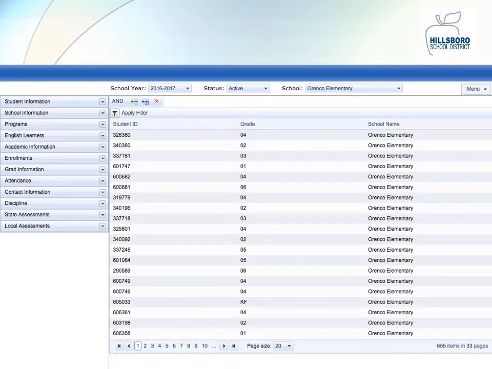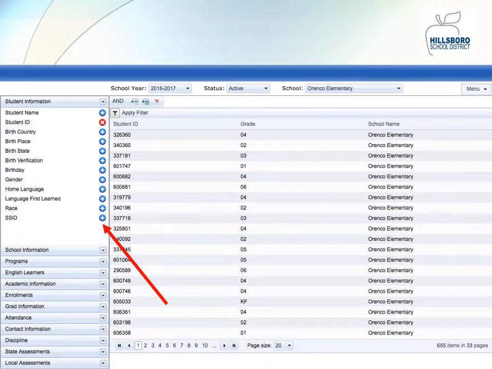Dynamic queries allow you to build your own custom reports from scratch. Clicking the Open Query button will launch a query builder in a separate window. Building your report is a 3-step process. First, select the school year, student status, and school from the menu items on the top of the window. Second,